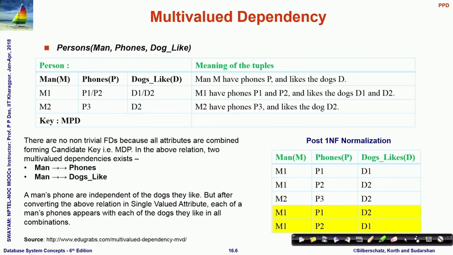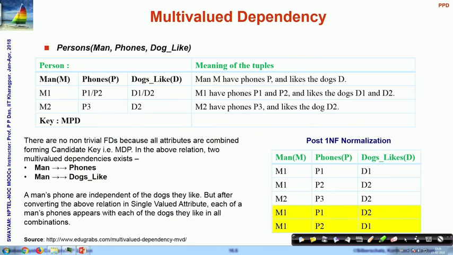It is possible that if phone takes 2 values and dog like takes 2 values, then actually 4 different combinations of them are possible. But in reality it may be that only these 2 are true: M1 has phone P1 and likes dog D1, M1 has phone P2 and likes dog D2. But you could also have such redundant tuples coming in, because they are now valid. So, this is the situation which we try to